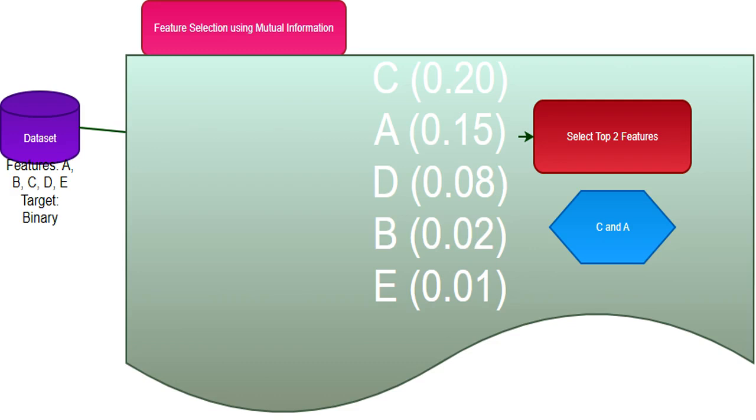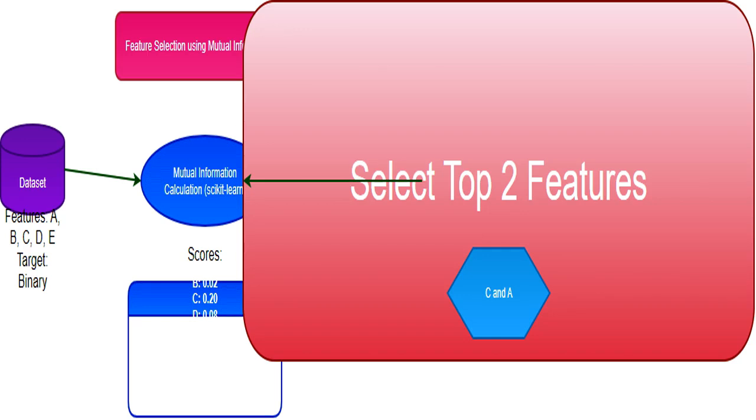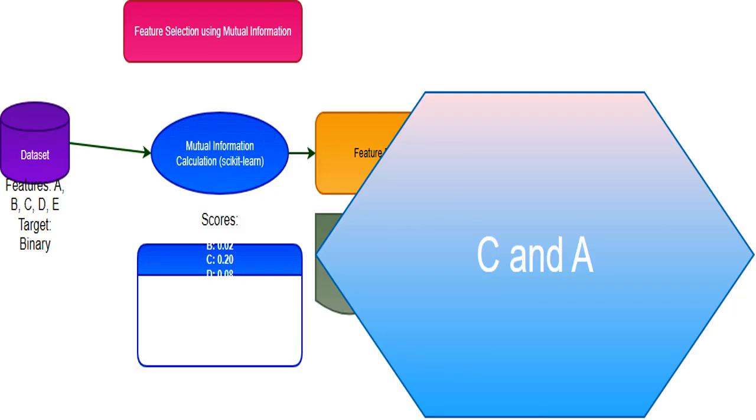This is the ordered list of features, sorted from highest mutual information, C, with a score of 0.20, to lowest, E, with 0.01. I'm focusing on this order to select top features. I will select only the top 2 features from the ranked list. That is, the 2 features with the highest mutual information scores, since the goal is to get the most useful features. Based on the ranking, features C and A are the 2 features that provide the most information about the target variable and therefore the top 2